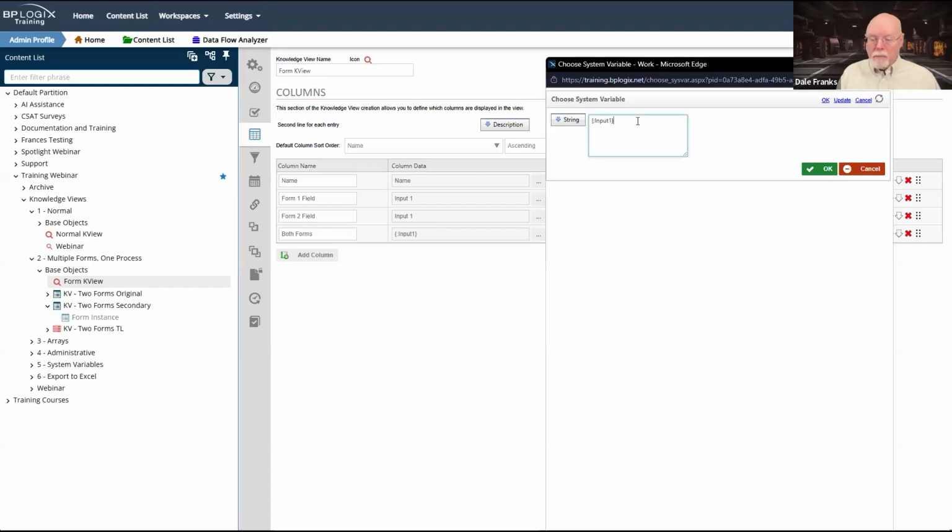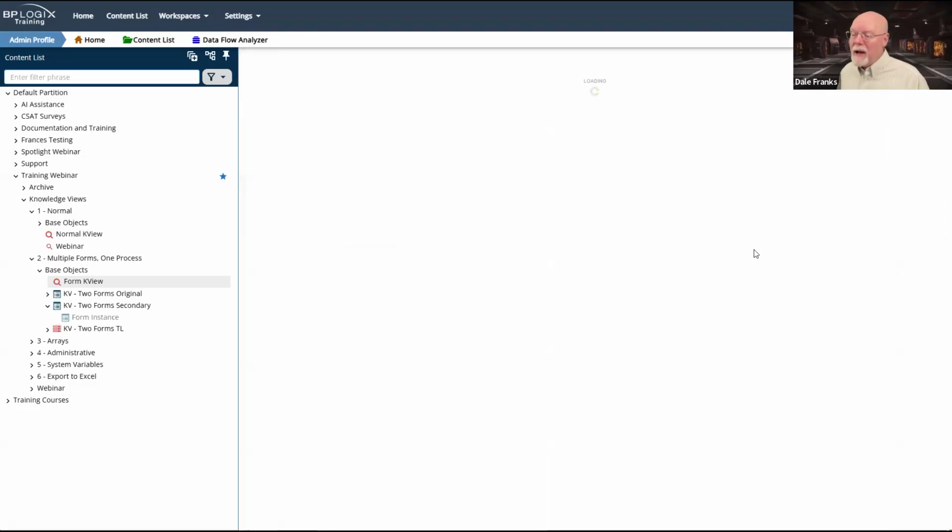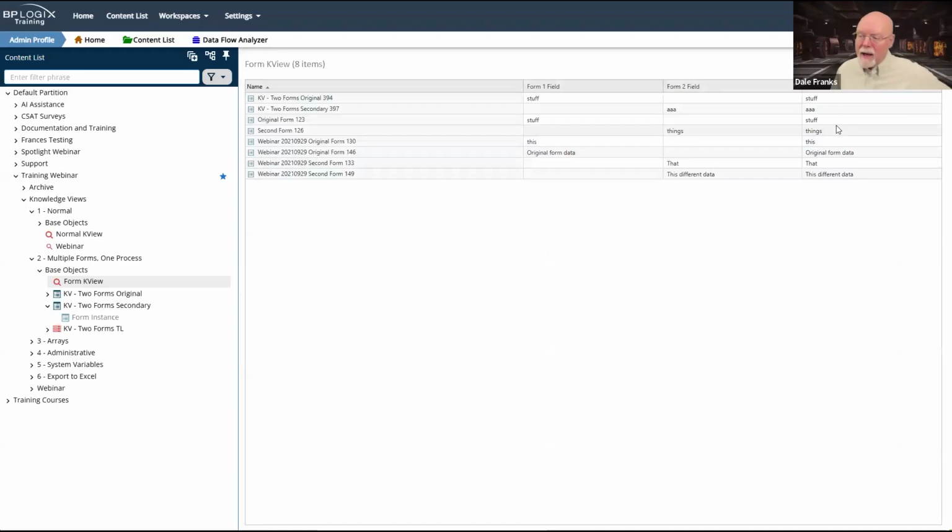Well, because in both forms, I have an input1 field, this will find the appropriate form field in either form, because unlike the choose system variable dialog box, where it is actually picking specific objects, this system variable, the form field system variable, is now just doing name matching for the form field name.